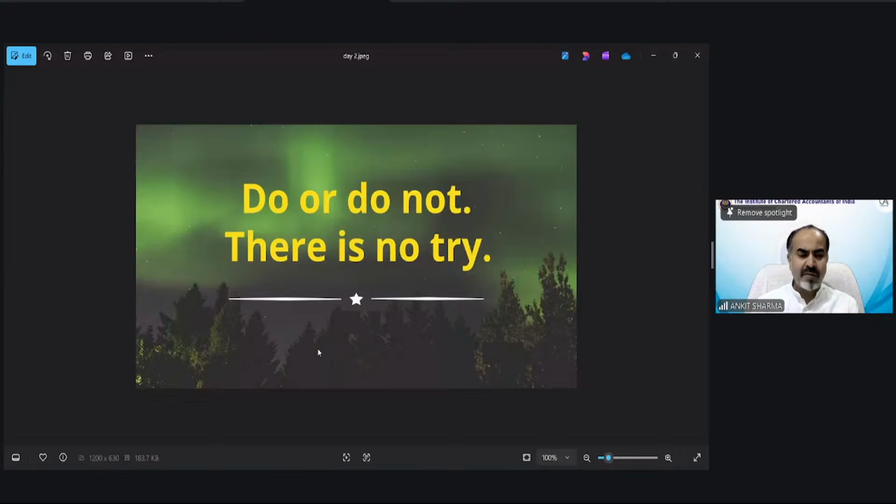So now you have already cleared your foundation. Now you are in intermediate level. So now there is no backing off. You have to be a CA sooner or later. So now there is no try left. Do not even think about leaving this course if you have not cleared your intermediate in 1 attempt or 2 attempts. No. So now please focus that you have to be a chartered accountant, whether later or sooner.